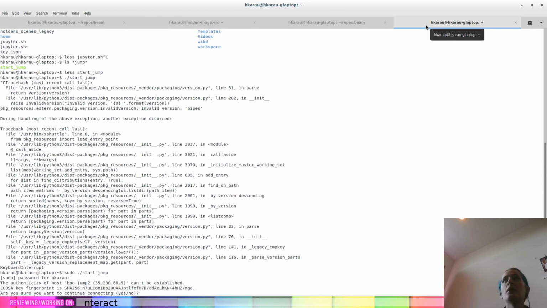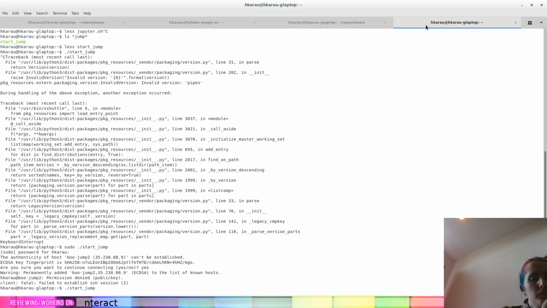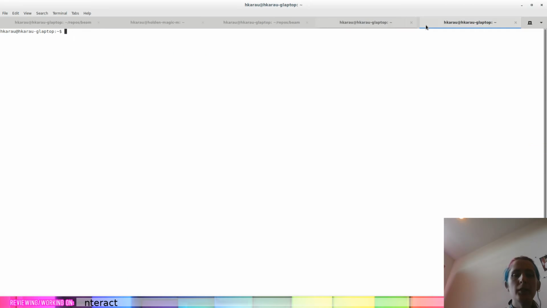Cool. Yeah, sure. Oh, it's not so happy about that. Okay. It looks like my jump server... Let's try this one. Client is connected. So sshuttle is supposed to prompt for sudo, but it's not updating my route table, it looks like. That's not a great sign. Let's SSH to...